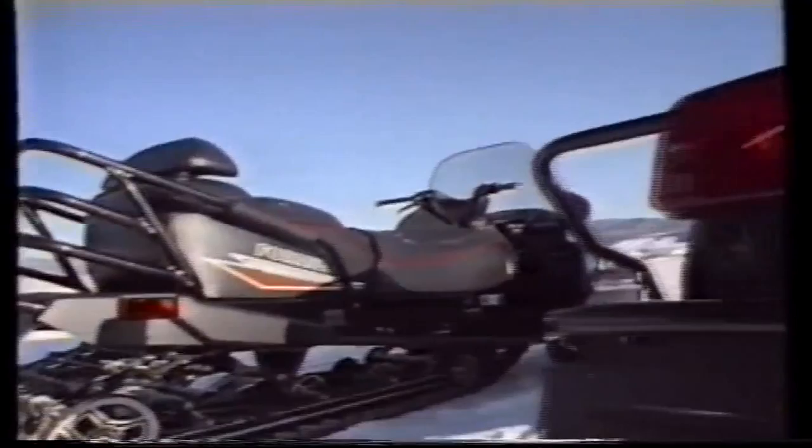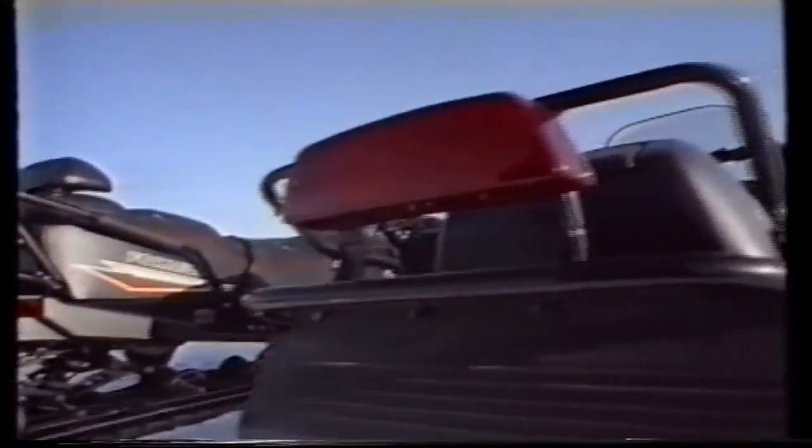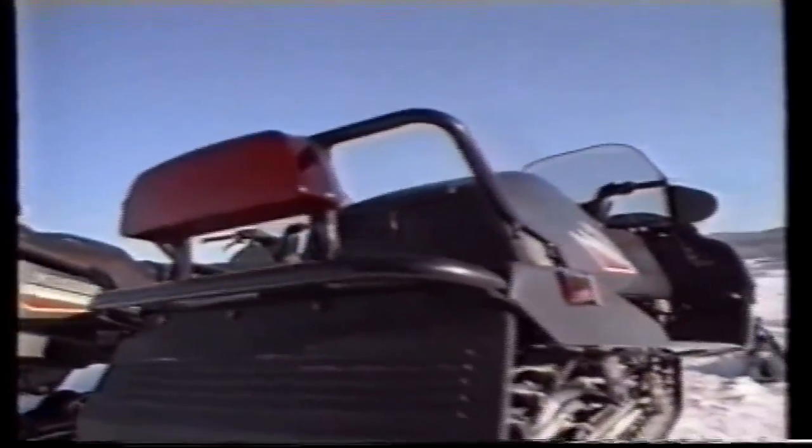Also back this year, the hot Formula Mach 1 XTC with a single seat and small rack. This sled's ready to tackle the deep stuff, one-on-one. Introducing a sled that does it all, the new